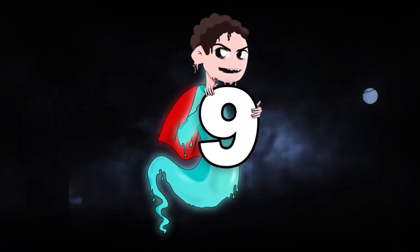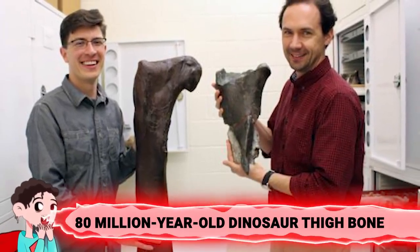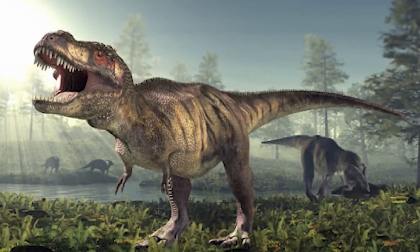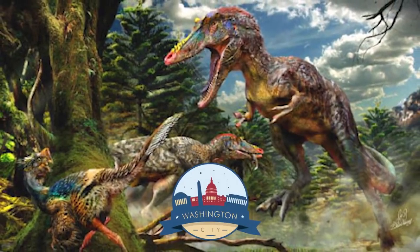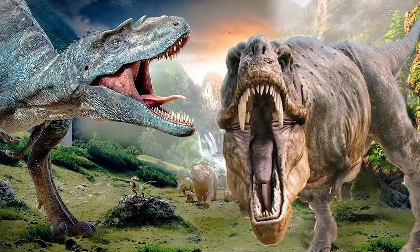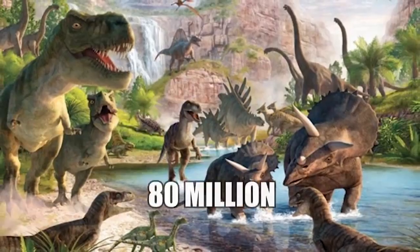Number 9. 80-million-year-old dinosaur thigh bone. It's official. Meat-eating, ferocious dinosaurs are on the loose in Washington. But before you start panicking and seeking shelter, they aren't anymore, but they may have been about 80 million years